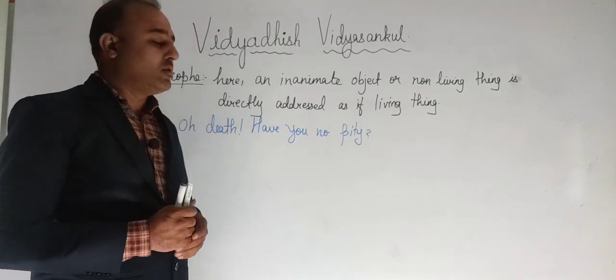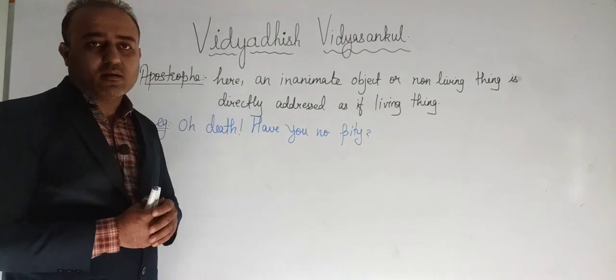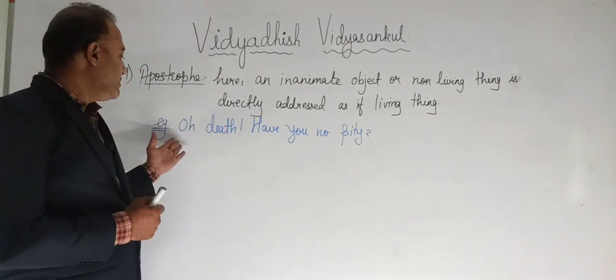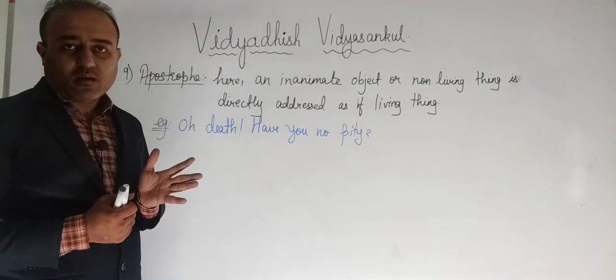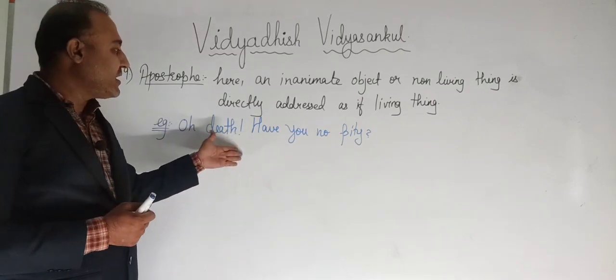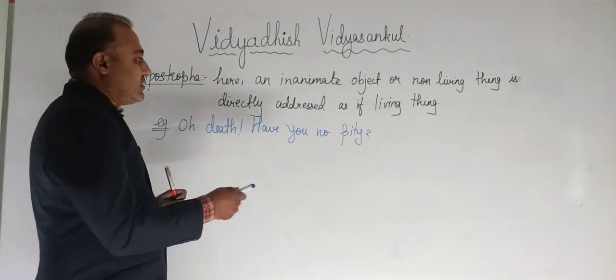So when we are given this line in the poem, we read it out as, "O death, have you no pity?" That means when we read this line, we come to understand that